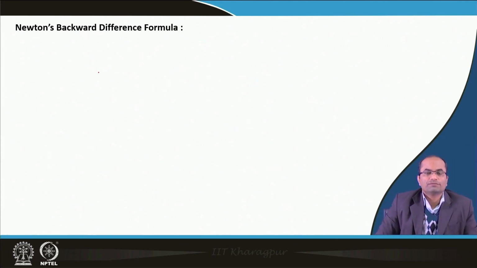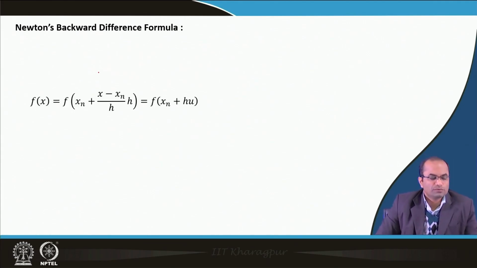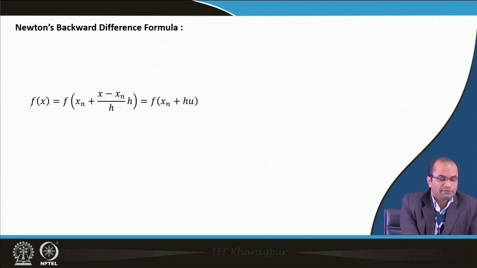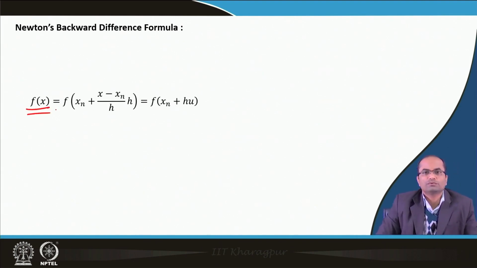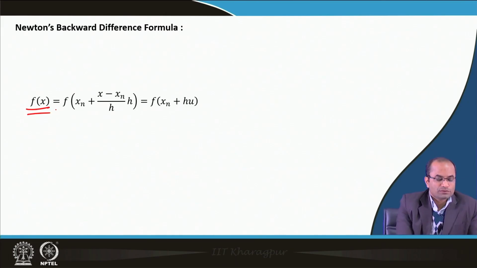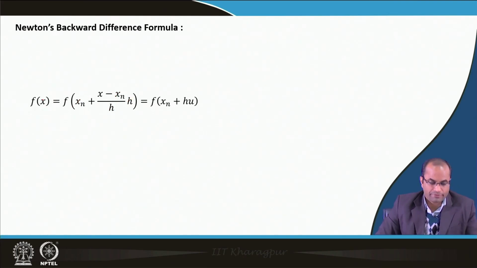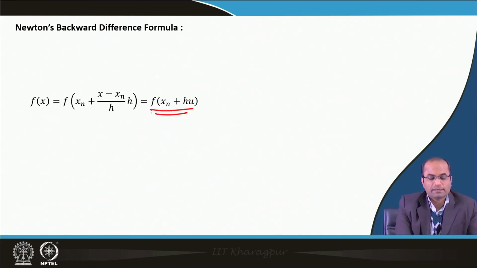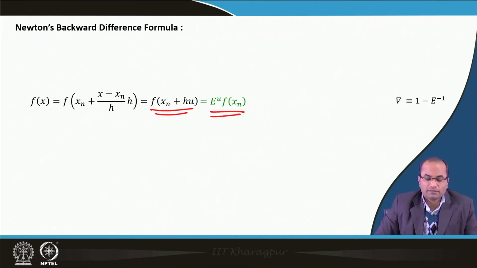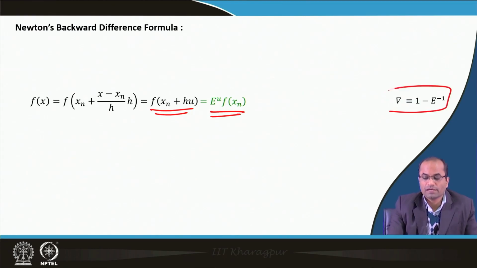Having Newton's forward difference formula, it is much easier now to talk about the backward one. So again we will use this quick approach to derive this formula. We have f x, and now we will start with f x n plus f of x minus x n over h. Again h gets cancelled, x n gets cancelled, we still have f x, and that can be written as f of x n plus h u. So this again can be written as e power u f x n,